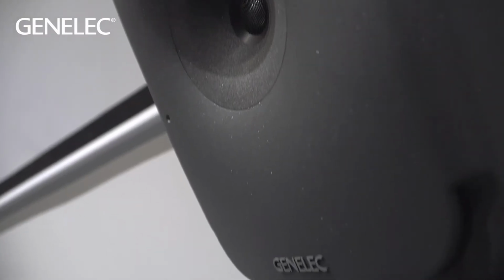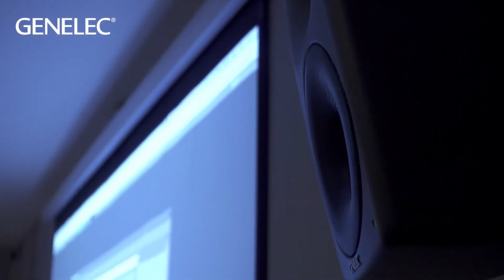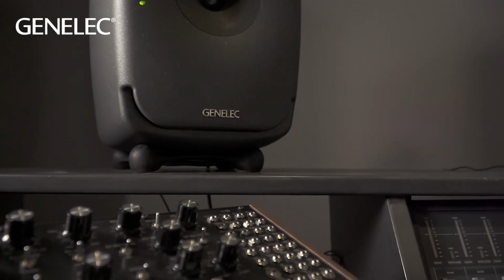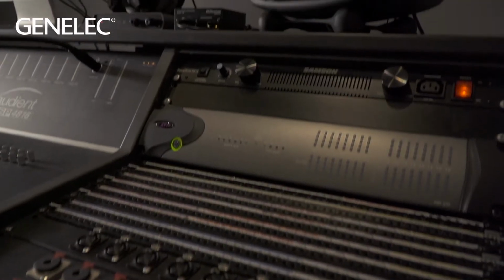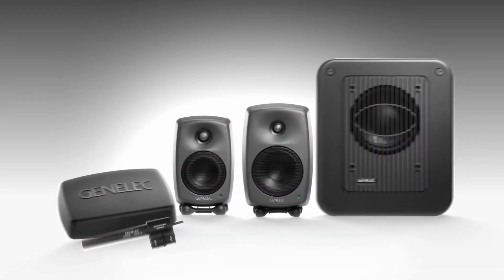When we set up our main lecture theatre with a 5.1 Genelec system, it's a real flagship listening room. It's a really, really nice space just to listen to music in. I think it was kind of a natural progression to move those into the studios as well and start using Genelecs in the studios. One of the nice things about the 8351s is that because of the